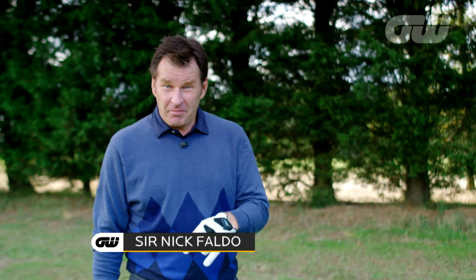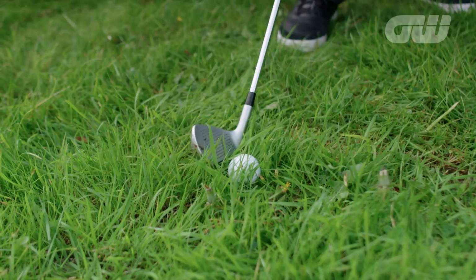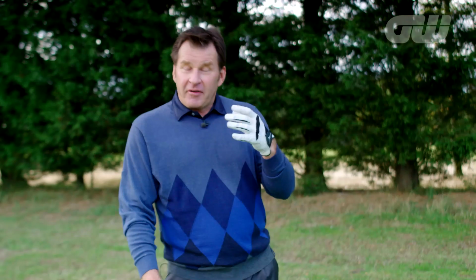So how often do you practice hitting balls out of the rough? I bet very rarely. And so I'm on the side of the range, great opportunity to hit a few, to get some feedback, because it's a different world. You're in wet grass, how does the ball react, how does it fly, how does it spin, all those sort of things. And if you're playing a golf course, maybe a practice round, for an event coming up,